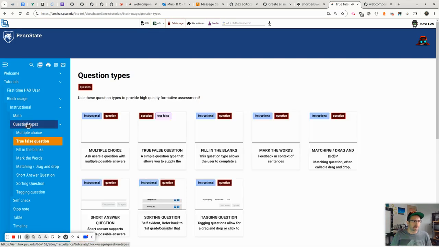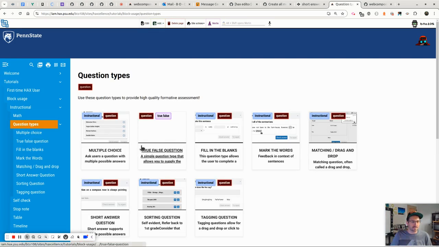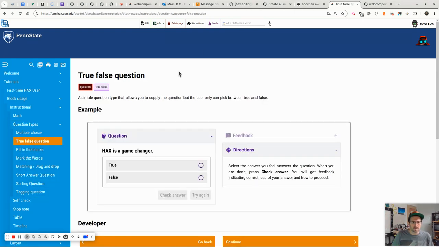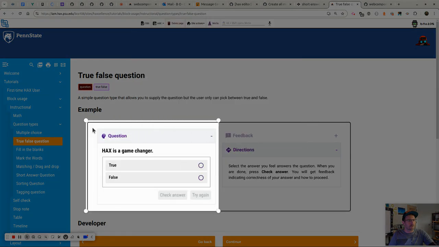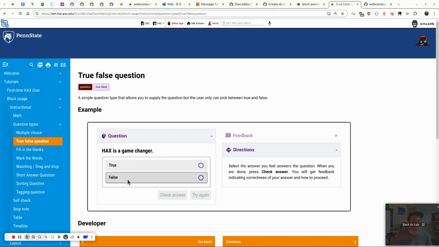Right, so to start, we go back to question type. You can see true false question is now there instead of page. It also has question listed because those are the tags on there. So the first thing I need is a screenshot in here. So let's go to there and we'll see if this lets me double screenshot, but I use a screen capture tool. Okay, so I took a picture of the screen right there,